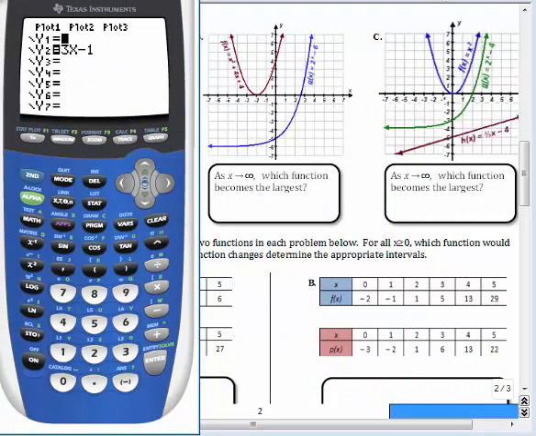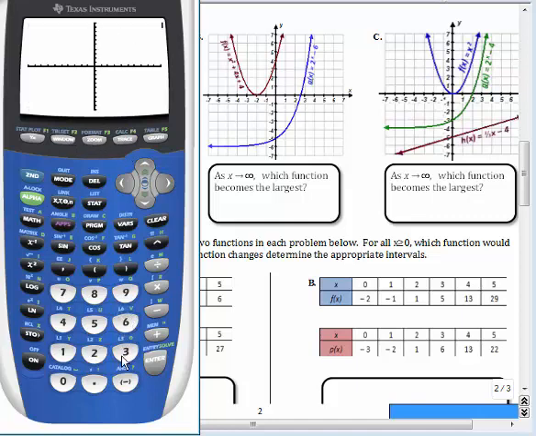So the first one would be x squared plus 4x plus 4. And the exponential function looks like it's 2 to the x minus 6, so 2 caret x minus 6. So I graph those right there, and let's just do zoom 6 to reset the graph. Okay, again, from what I can see on the graph, it looks like the parabola is still above it, but